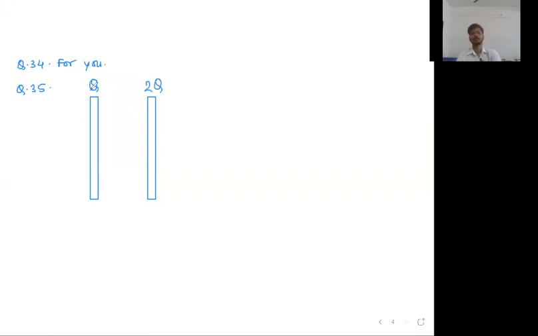Then what happens? Because of the electric field of the first charge, redistribution takes place on this surface and this surface. Because of the electric field of the 2q sheet, the charge redistribution takes place on this surface and this surface. So let us take some variables. Let us assume that on this surface the charge is x. So the remaining charge will be q minus x on this surface. Let us assume that on this surface the charge is y. The remaining charge will get redistributed here.